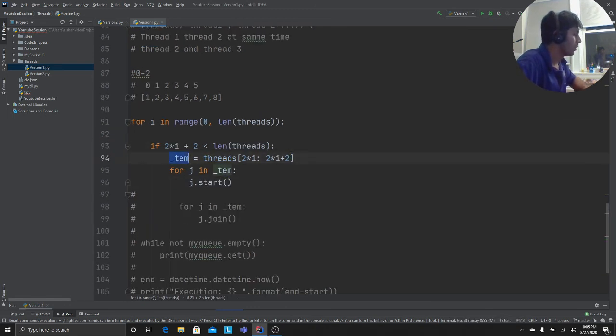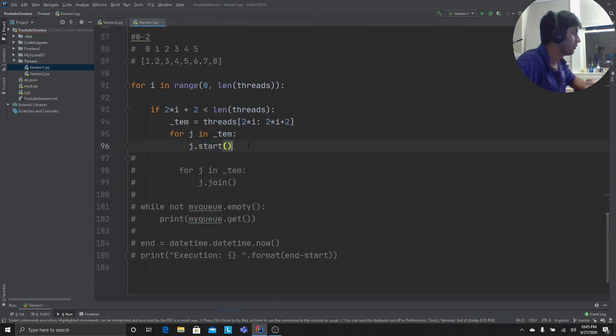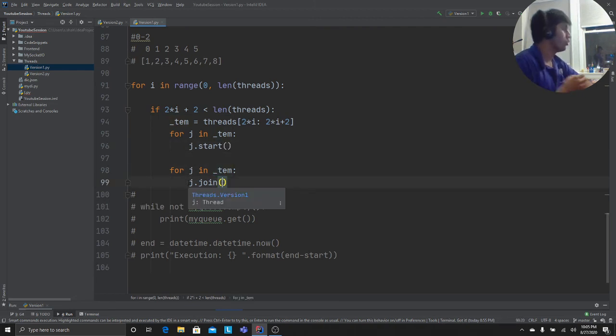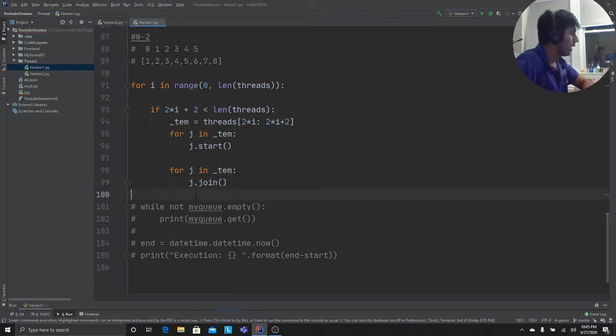I'm just iterating over that array, and for each thread I'm calling the start method. Once I do that, this also should not give me errors, because what I'm doing is iterating and calling the join method on those two threads. And once that is done, it's going to keep doing that until it's done for all the threads.